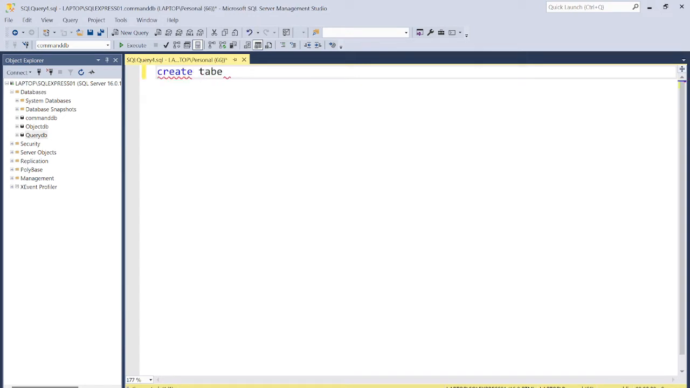create table and whatever table name is, query table and brackets, first column name serial number which is integer data type. You can choose any data types available for SQL. In this table, I am going to take int as data type for serial number. Name, varchar you can take up